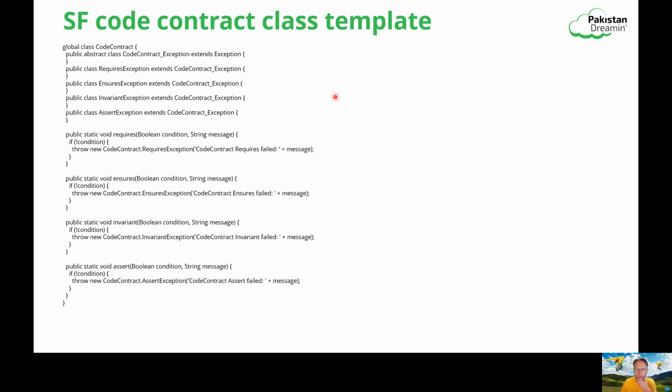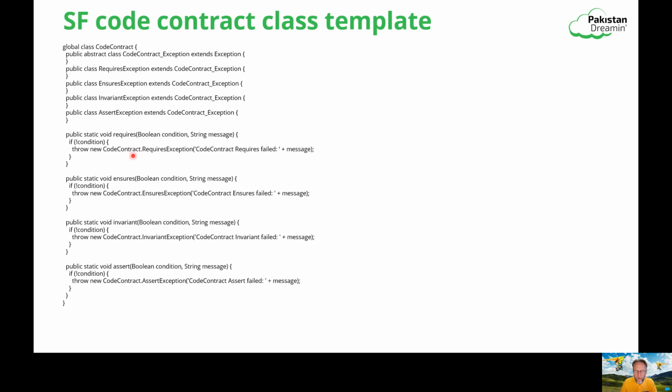Let's see how we can implement this now in Salesforce Apex. Here's an example of how we could implement these in-code checks. I made a class here called CodeContract. It's a global class, and it has four methods in it, which are the four types of test we've seen: a requires test, an ensures, an invariant, and an assert test. Each of these throws a different type of exception: a requires exception, ensures exception, invariant exception, and assert exception, so we know